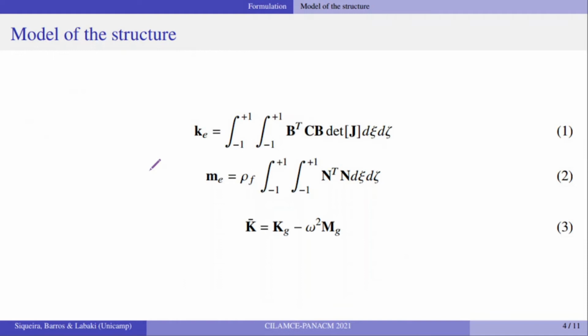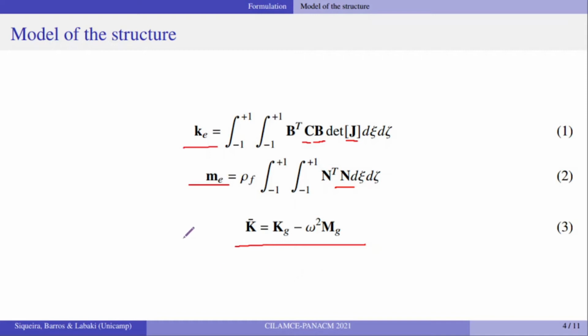The structure is modeled with linear elastic, four-noded isoparametric quadrilateral finite elements, with 2 degrees of freedom per node. The elemental stiffness and mass matrices are given by equations 1 and 2, where B is the strain displacement transformation matrix, C is the constitutive matrix for a plane strain case, J is the Jacobian operator, and N is the shape function vector. The dynamic stiffness matrix of the structure is given by this, in which Kg and Mg are the global stiffness and mass matrices of the structure obtained through the classical finite element assembly scheme, and omega is